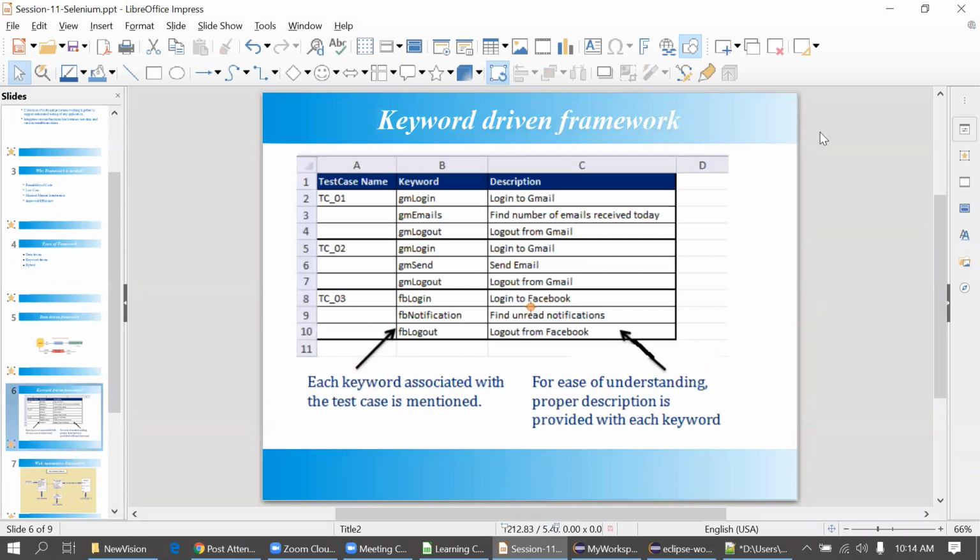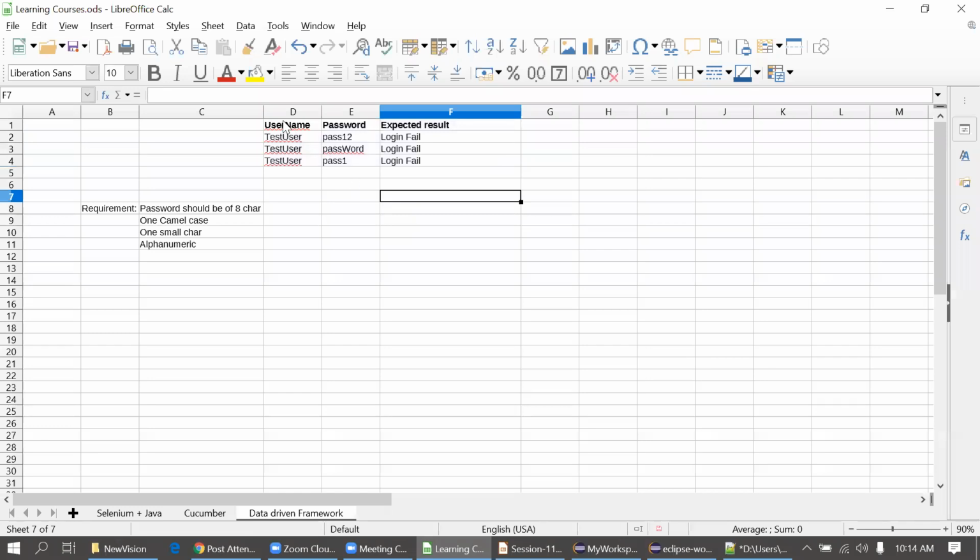I think one question I got. Ritesh is asking about differentiating the data by specific names. Sir, you have used three data rows: test user, test user, test user, with password pass, and then login fail is the expected result.